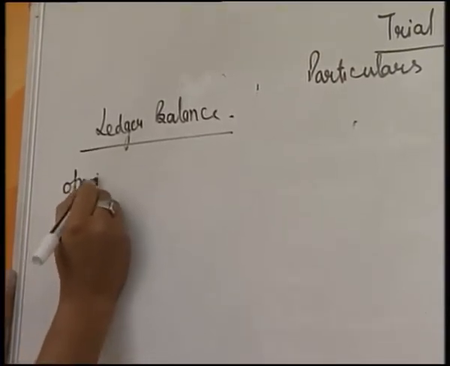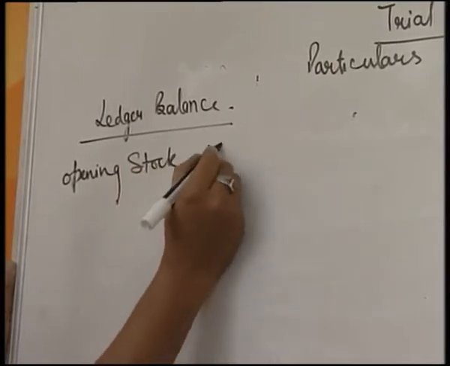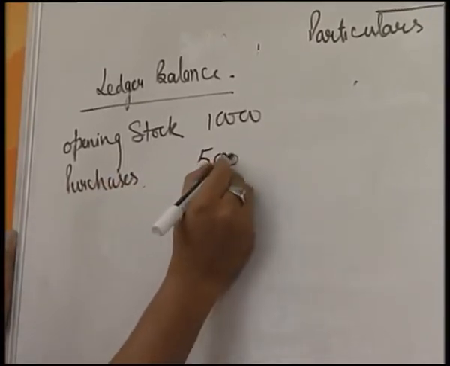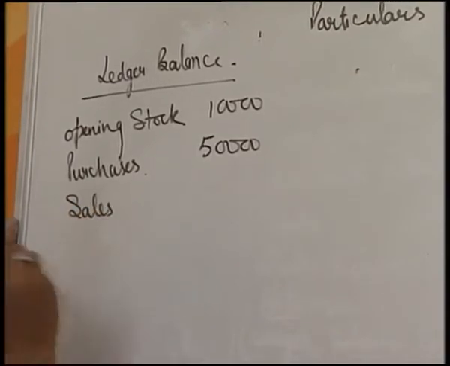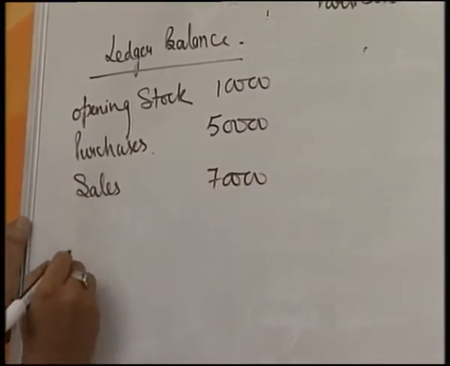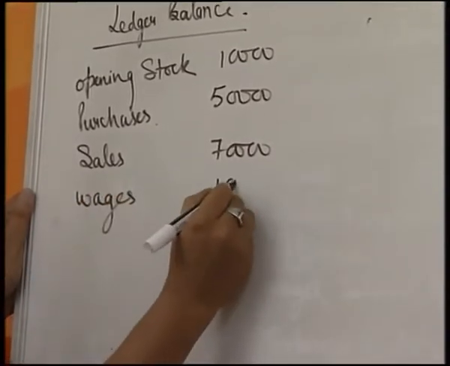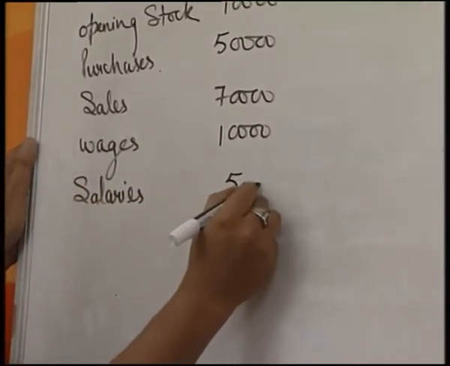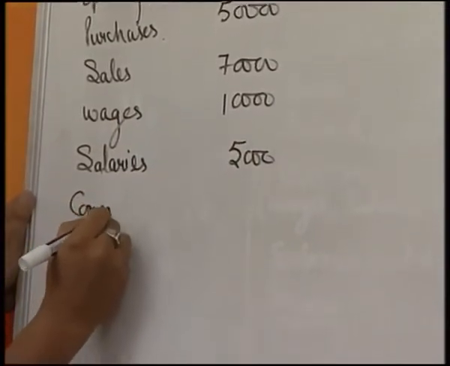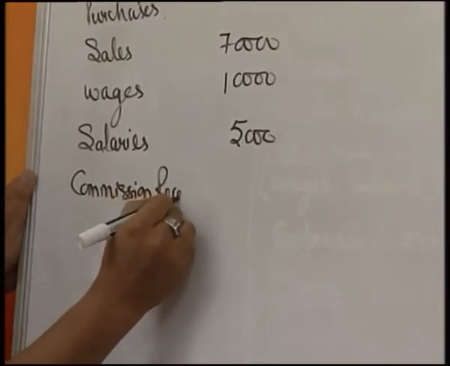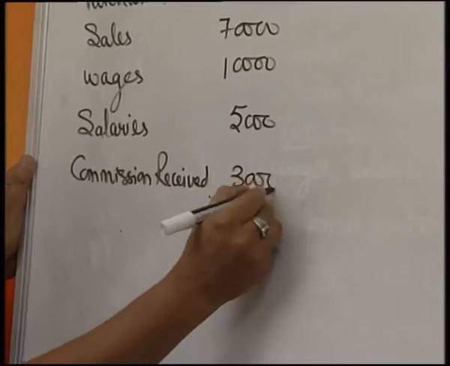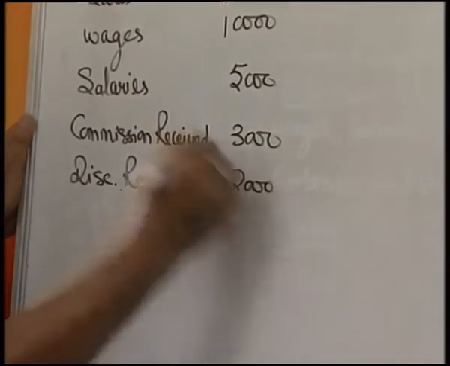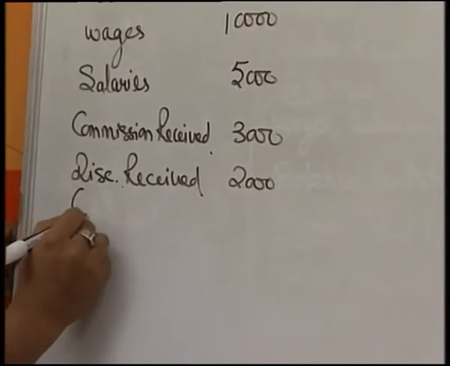Say we take opening stock 10,000, purchases 50,000, sales 70,000, wages 10,000, salaries 5,000, commission received 3,000, discount received 2,000. Simultaneously, we can have some